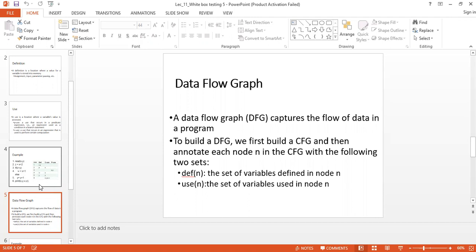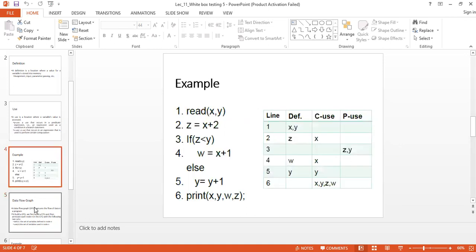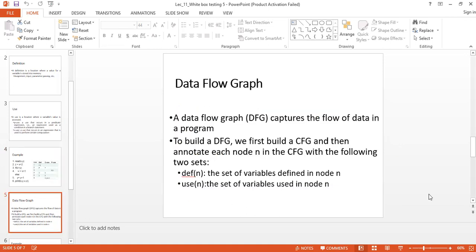It is something similar to flow charts, but only using different notations. So once you have developed the control flow graph, you have to identify, like we did in here, what are the definitions and what are the uses.